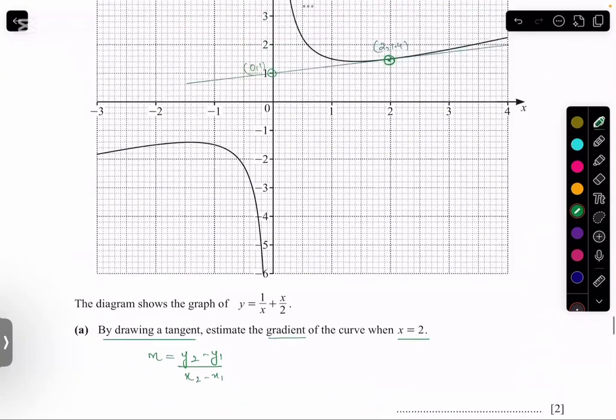Now for this given line, I have already located 2 points. One was given, which is 2 and 1.4 from the graph, and the other I located from the line, any point which is very much readable to me. So I could say 0 and 1 is very much readable. If you want another point, then you can say it's 1 here, and other points also which are readable on the line.